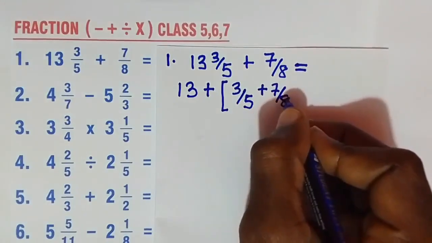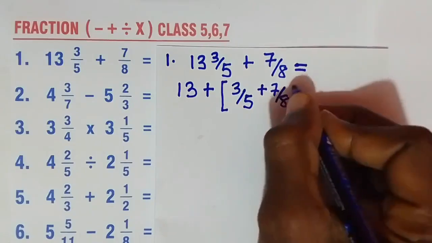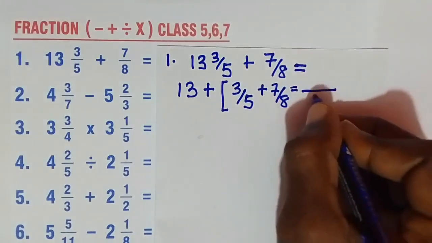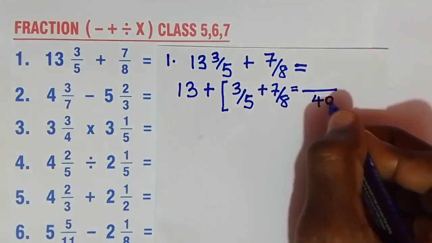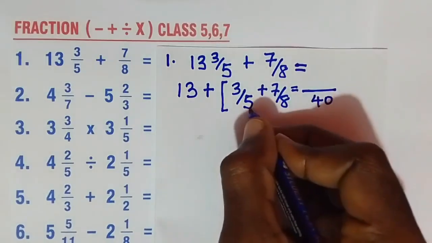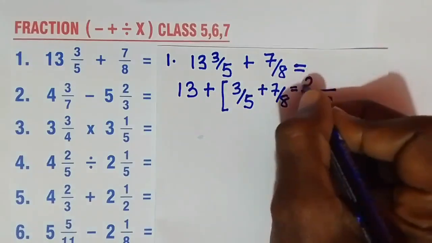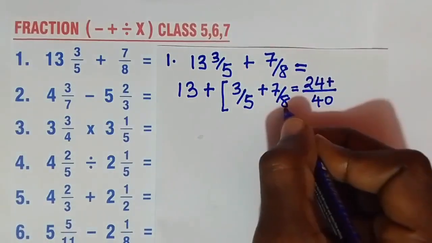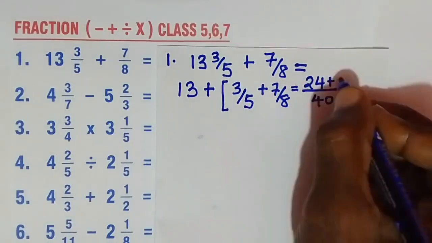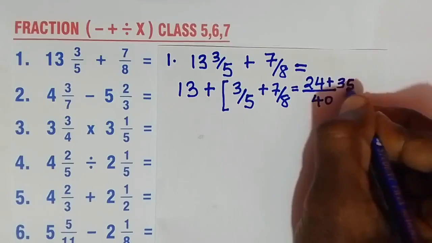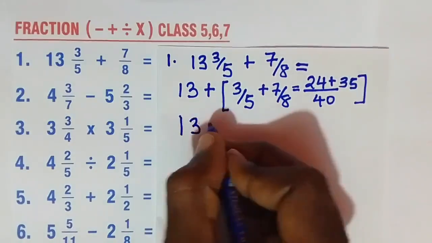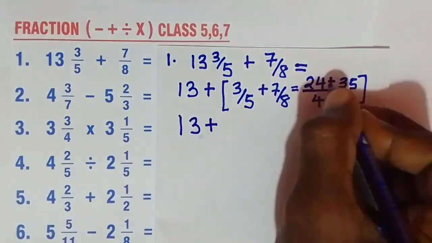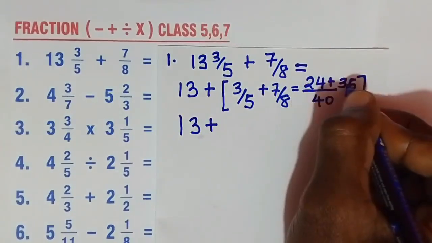We are going to find the LCM of 5 and 8, which is 40. 40 divided by 5, it is 8. 8 times 3, it is 24. Plus 40 divided by 8, 5. 5 times 7, it is 35. 13 plus 24 plus 35, we get 59